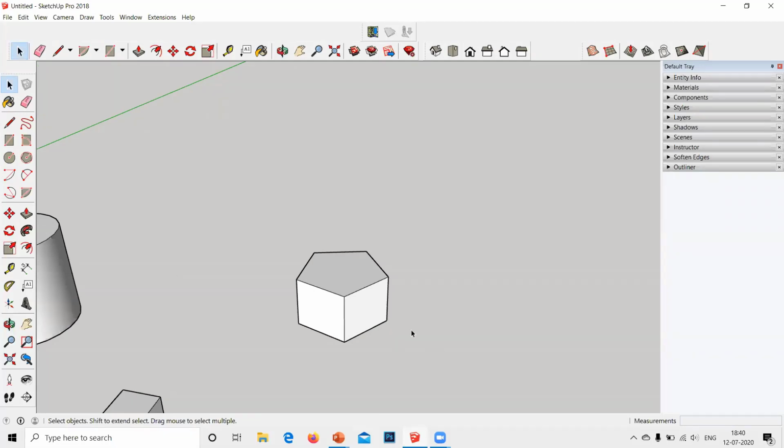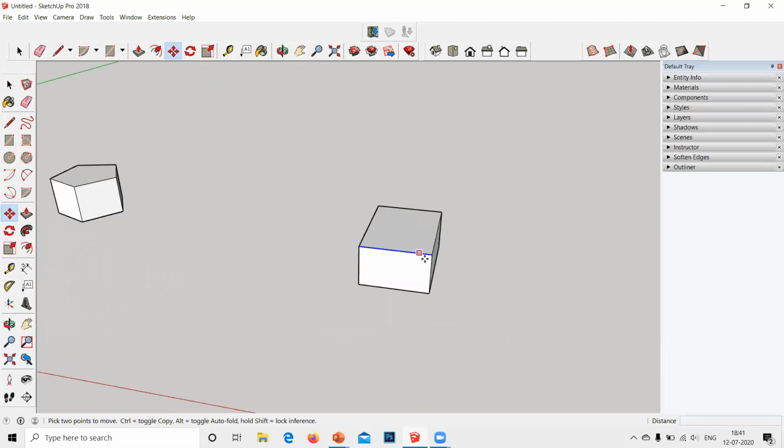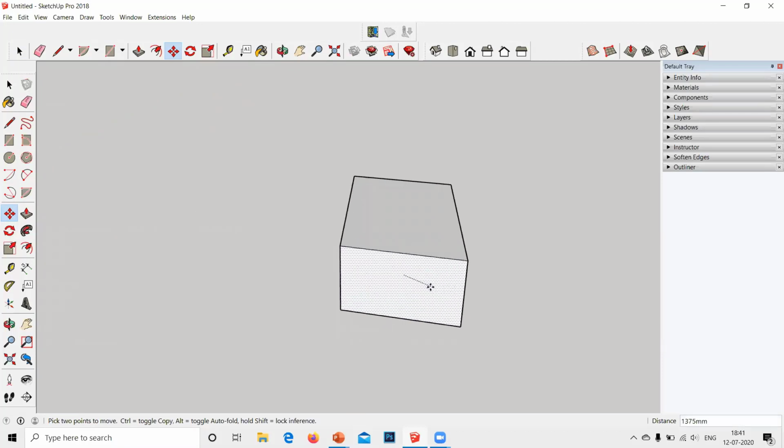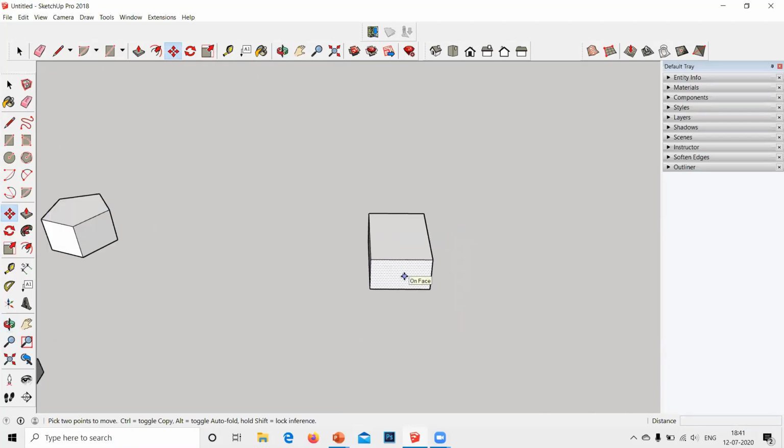Suppose you want to move this pentagon from here to here. Okay, you go to this move option, move tool. Okay, click on anywhere, click on any face and try to move it. Yeah, it will move. If you do the same thing with a square or a rectangle, see, I'm trying to move this cuboid.